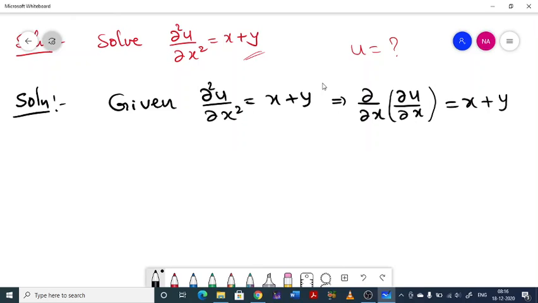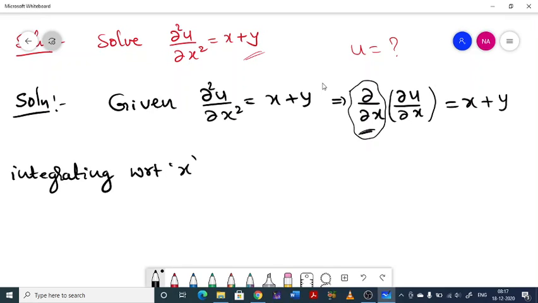Now I have to remove this one. My intention is to remove this one, then I have to remove this remaining so that I'll get u. How can we remove this part? By using integration. Since we have here a derivative, we need to integrate this to remove that derivative. With respect to which variable we have to integrate? That is the question. Here we have partial derivative with respect to x. So to remove the partial derivative with respect to x, I have to integrate with respect to x. While integrating with respect to x, I have to keep y as constant. So integrating with respect to x, this will be removed: dou u by dou x equal to integral of x plus y dx,